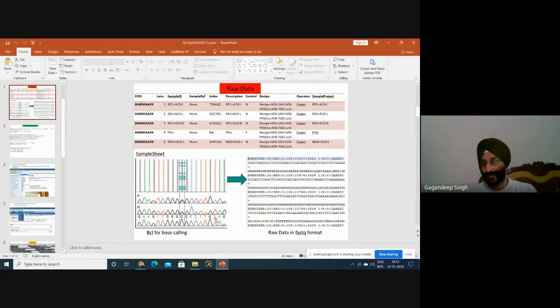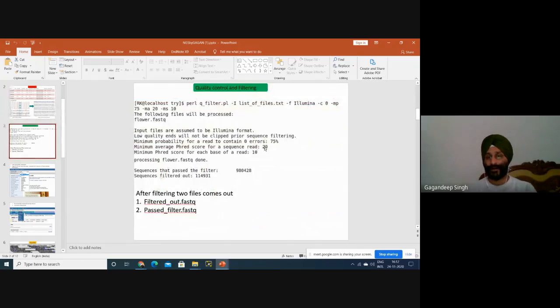If we select this minimum PRED value as 1, then 1 out of 1000 reads we can select. But for 20, 20 reads out of 1000 we can discard easily. And for each base we can discard.